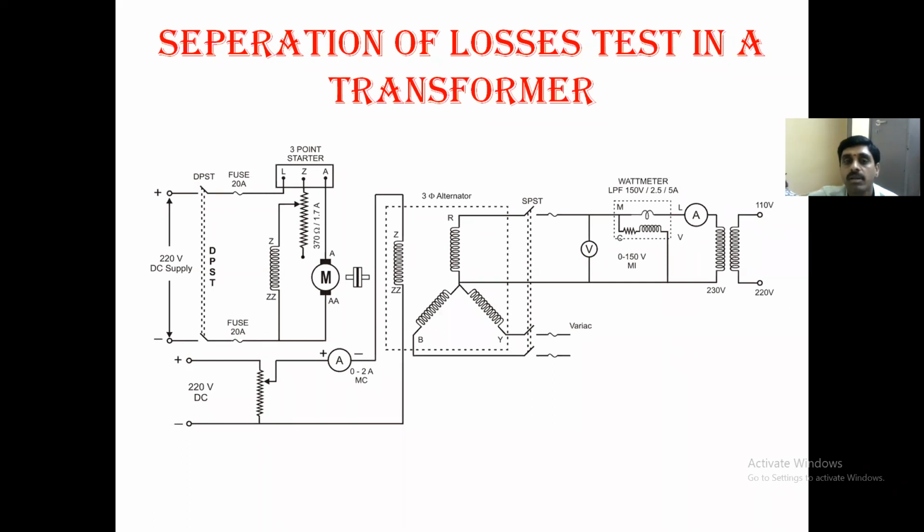Simply I'm telling you, in a three-phase generator, the rotor will be excited with DC supply. Here you see this is the rotor field. The field is excited by DC supply. Once the excitation is given, what happens? Normally the poles are soft iron. Once you give excitation, field flux will be produced. Then once the rotor rotates, the stator is stationary here, so EMF will be induced in the stator.